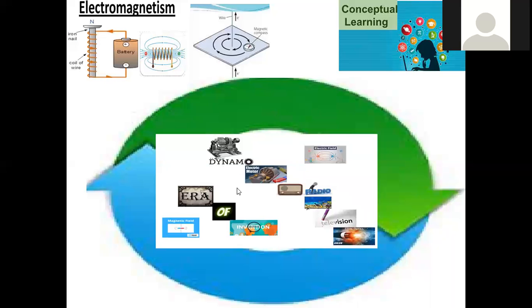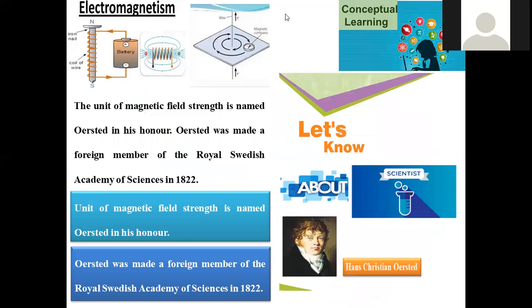Here is the description for this one, a dynamo. Here you can find an electrical motor, radio, television, and fiber optics. All these are the era of invention. Due to this interconnection between the electrical and the magnetic field, one is influenced by another, one is originated by another, and one is impacted by another. Based on this concept, the work was extended to the invention of new materials and even new scientific theories as well.